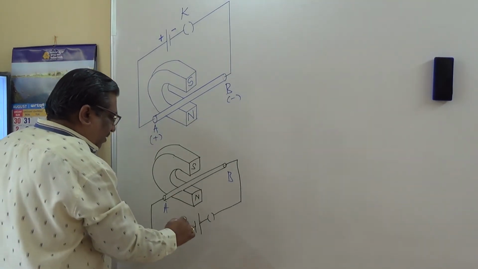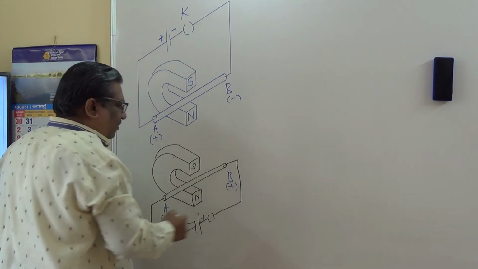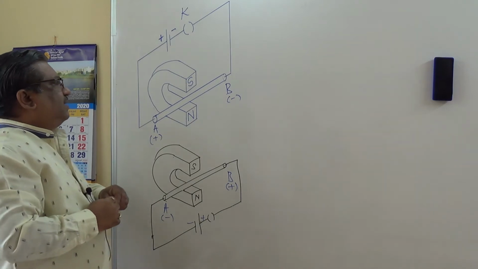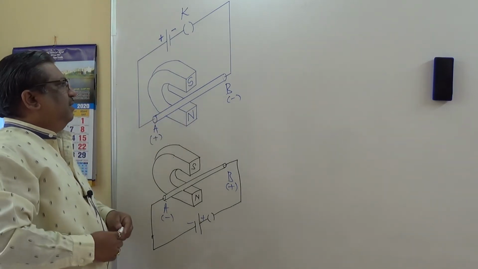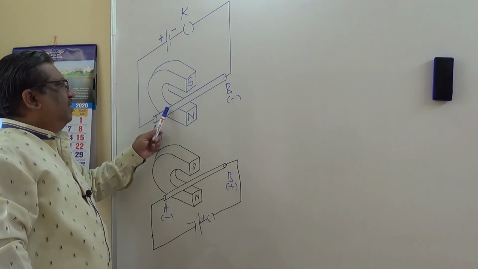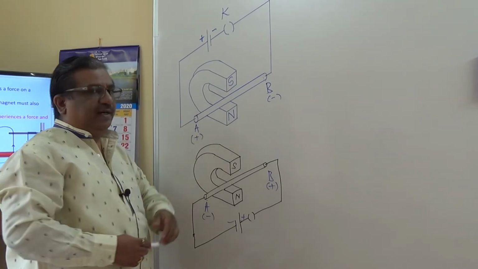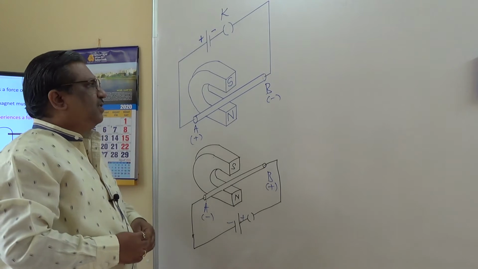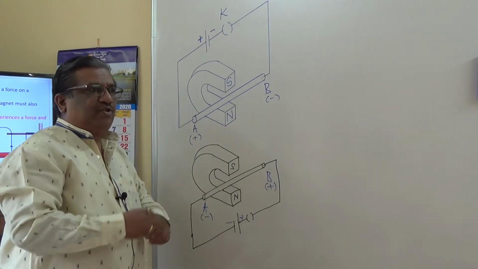As I said, whenever the current passes through this conductor, it produces a magnetic field and it exerts a force on this stationary horseshoe magnet. Equal and opposite force is exerted by the horseshoe magnet on this conductor,